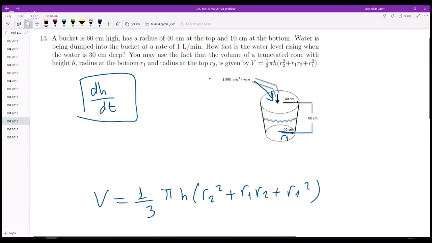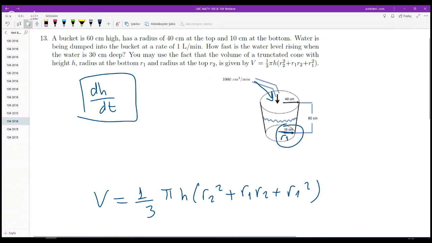R1 must be 10 centimeters, but R2 is changing. For example, when the bucket is half filled, R2 is something different. When the bucket is quarter filled, R2 is different. R2 is 40 when the bucket is all full,